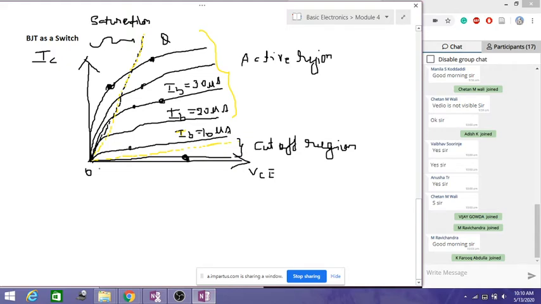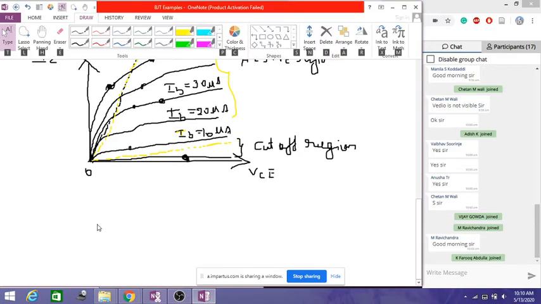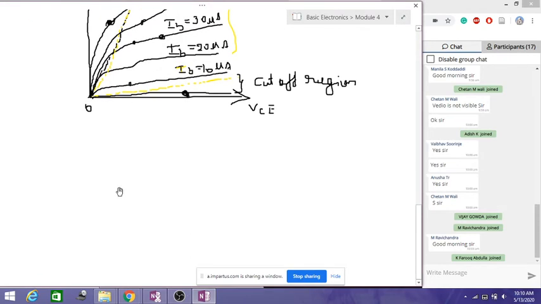Now you understood what the saturation region and cutoff region are. So I'll tell you how it will enter into the saturation region and cutoff region. Now you all have seen the transistor configurations, the connections of a transistor. So if I write a common emitter configuration circuit, that is plus VCC into RC,